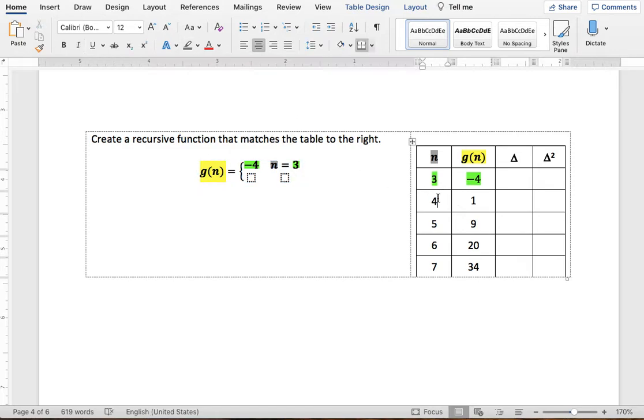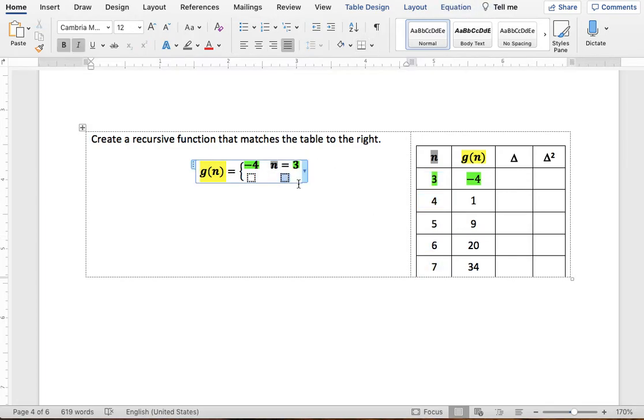And the rest of my n values is bigger than 3. So looking at all the other values, it's going to be when n is bigger than 3. All right. So let's find out